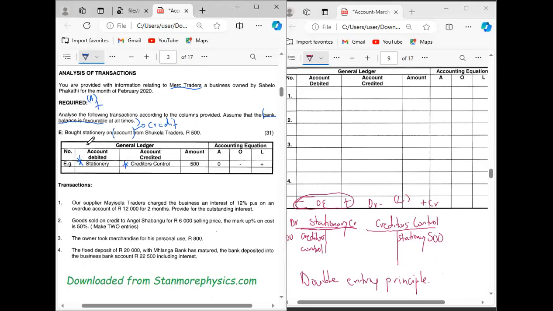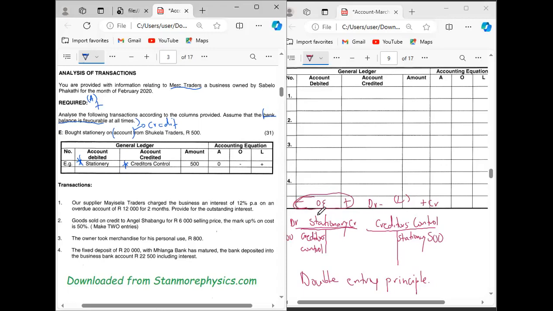So now we need to record under our accounting equation. Under our accounting equation, we are going to have assets, owner's equity, as well as liabilities. Now we need to record using the signs. And then we start. Stationery is classified as what? As assets, owner's equity, or a liability. Then you can come to your small workings there. Stationery is classified as